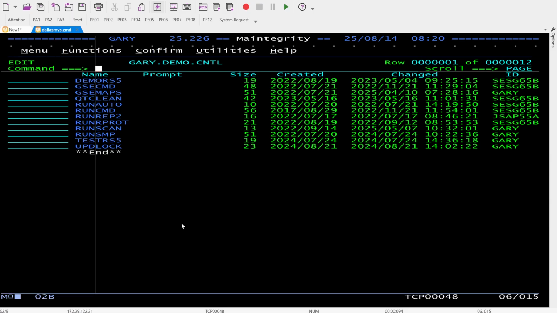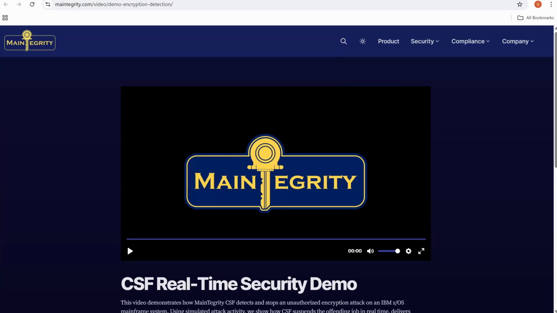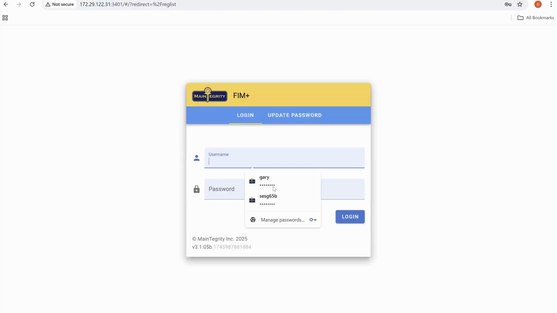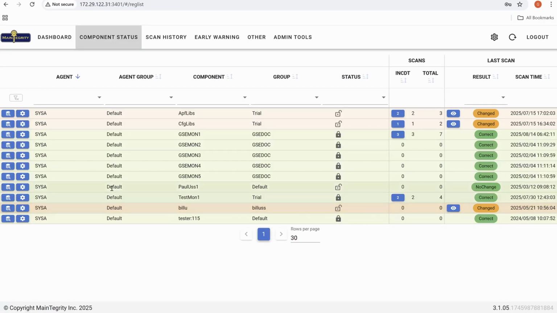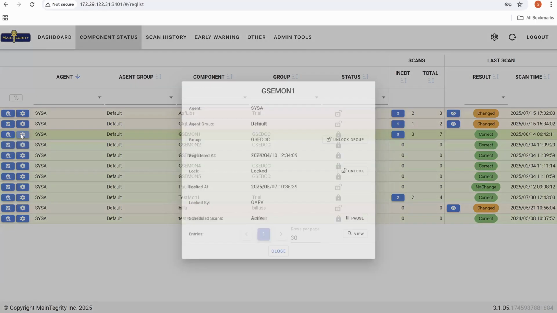Okay, and so I don't have any more questions. If you've got any, I've got the chat box open, just send them in. But in deference to your time, we're going to do a couple more demos to show you that the encryption one is just one example. I'm just going to sign on to our web interface. One of the things we didn't really talk too much about was file integrity monitoring. I just wanted to do a little demo of that, and I'll show you the recovery working and all the stuff that you get with the file integrity monitoring scan and a recovery.